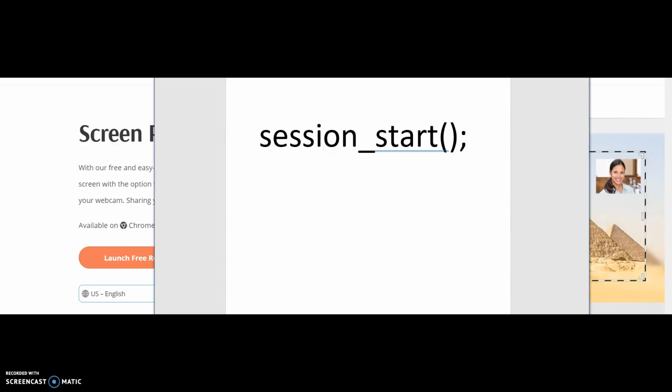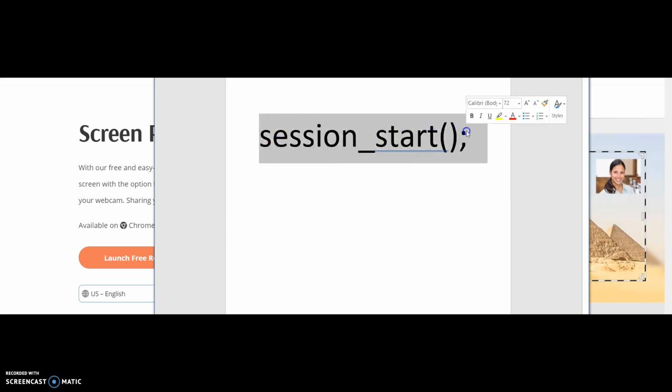Right, so I'm talking about session start. This is how you would write it. I'm just going to talk a little bit about what they are first, and then I'll go into some examples